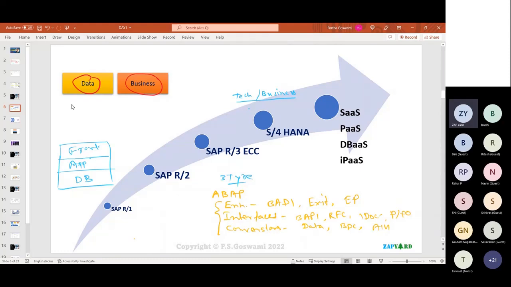Now let me give you a very good example. I was working for a big client. They had been using SAP for more than 20 years, maybe 15 to 20 years, and they were using ECC. We had done lots of customization, as I was mentioning. And around 2015 or 2017, I guess,